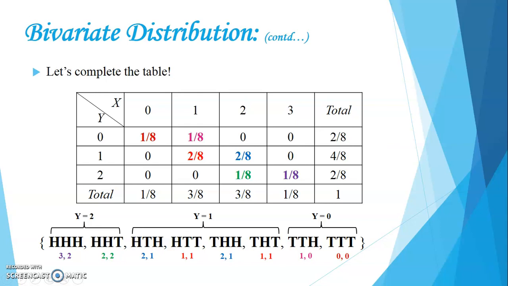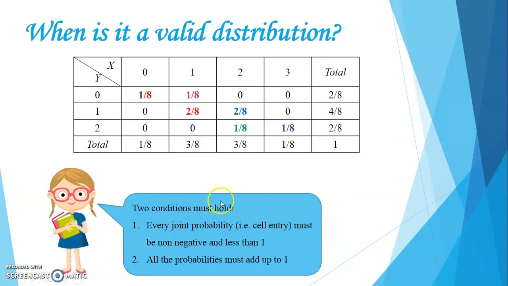Okay, so let us go back to where we were. Now in this particular table, there are two conditions that must hold as we discussed. So if you check all these conditions, both of them are satisfied for this table. The addition of all the probabilities, if you check, 1 by 8 plus 1 by 8 plus 2 by 8 and so on, the total of all these values is equal to 1. There is no negative number here. There is no number which is greater than 1. All the totals are equal to 1. It means this is a valid probability distribution.